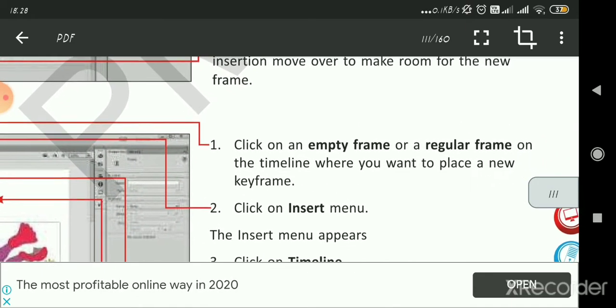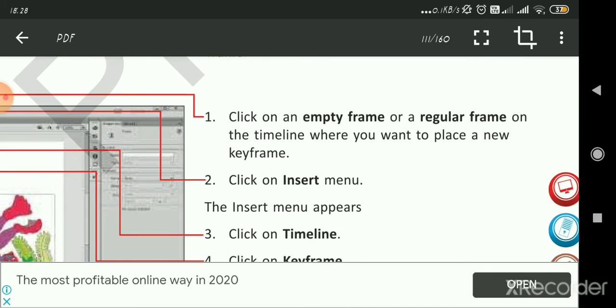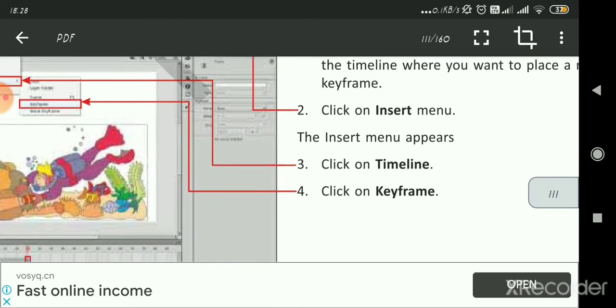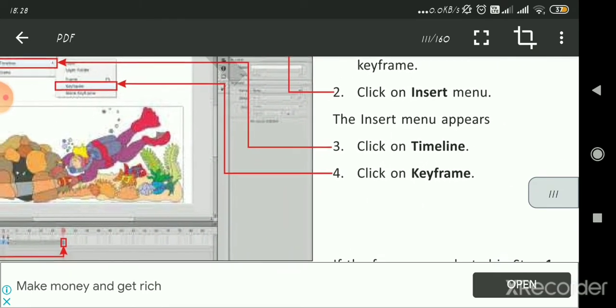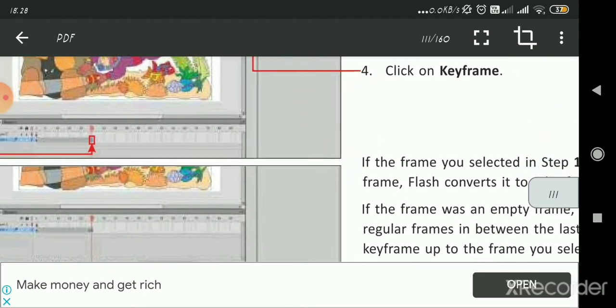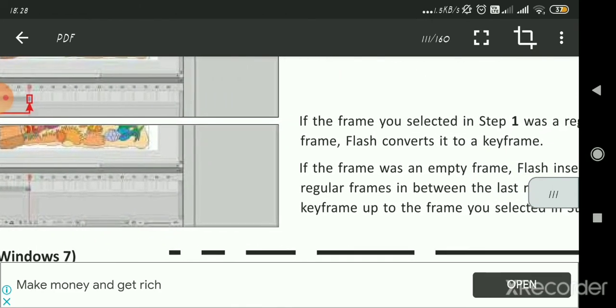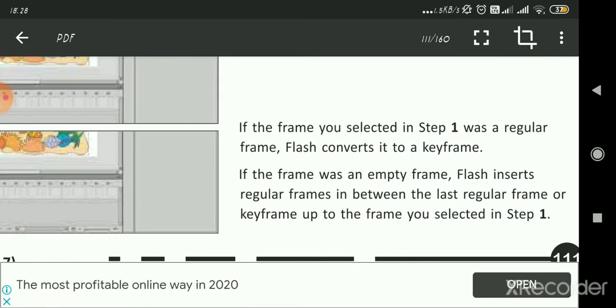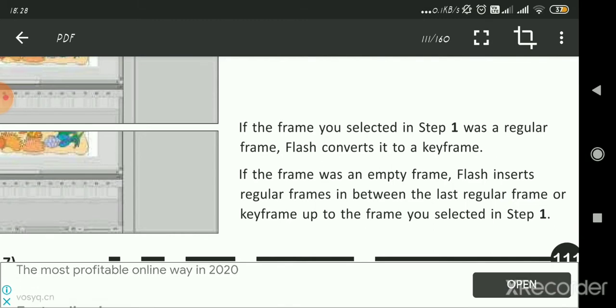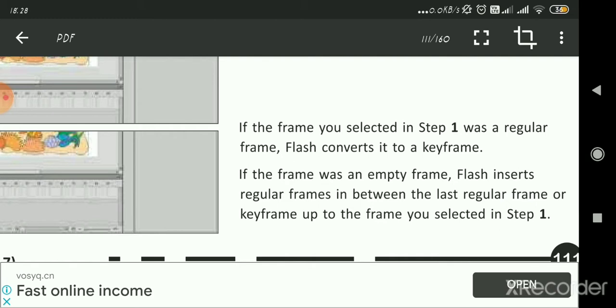So that's it, click on an empty frame on the timeline where you want to place a new frame. Click insert menu, then the insert menu appears, click on timeline and click on keyframe. So if the frame you selected in step 1 was a regular frame, Flash converts it to a keyframe. Okay, if we are using a regular frame, then Flash automatically converts it to a keyframe.